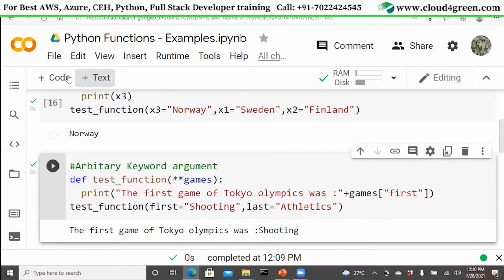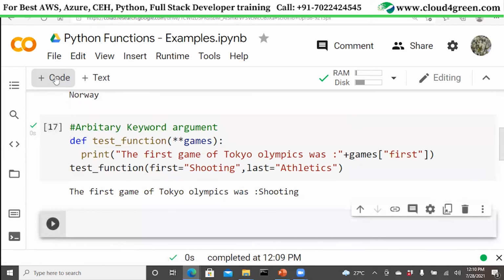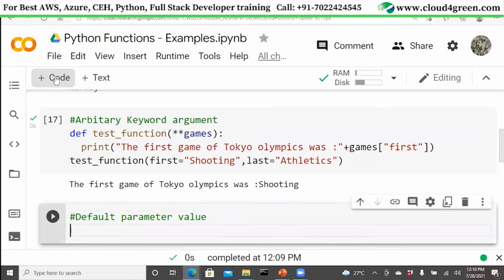The next example which we are going to see is a default parameter example. So I am going to be passing a default parameter value. Let me write this again. I am going to be writing a test function. This time what I'm saying is country equal to ROC.